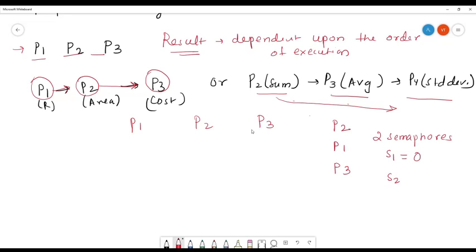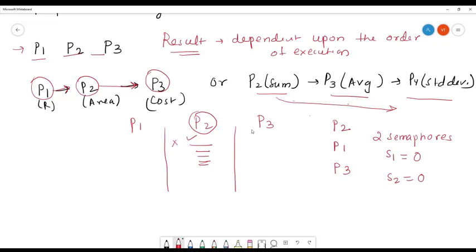First we initialize S1 and S2 to 0. What is our requirement? P2 should start executing first. So we should not write any condition over here, because we want P2 to start first. There should not be any condition, so we will not write a wait statement here. We start with executing P2.